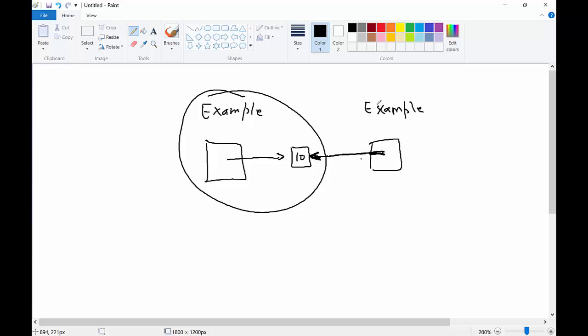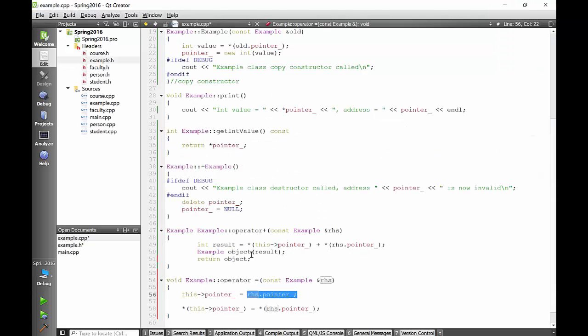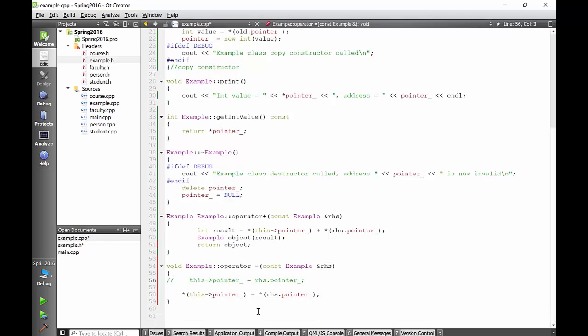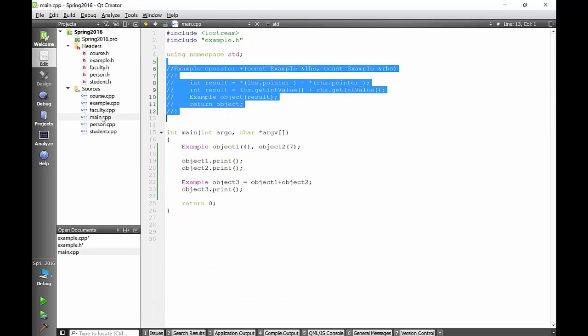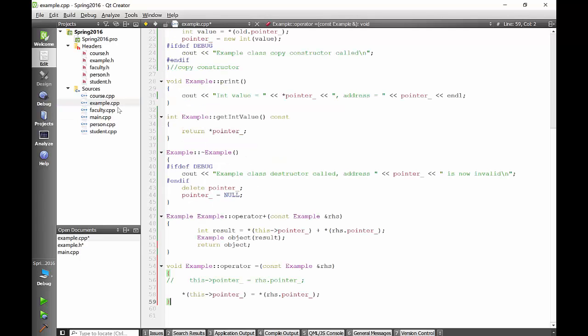This is what we are trying to avoid, and we don't want this. What we want is, we know that we have a pointer which already exists. We are assuming there is already a new object which the left hand side is pointing to, so we are copying the value from the right hand side. So this should work fine, and actually I'm going to also print